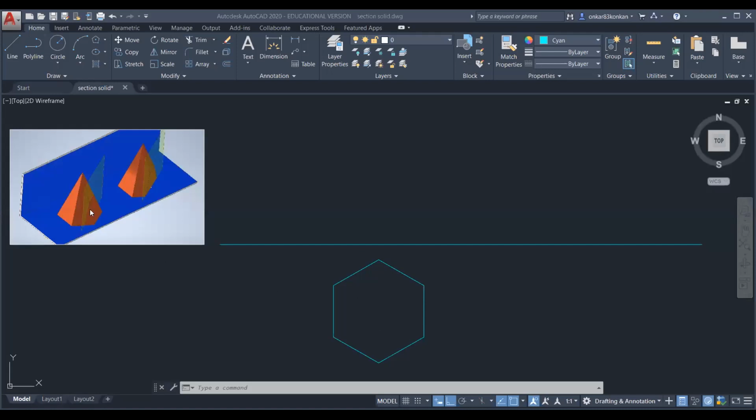So draw the top view. You can observe here the first image. Okay. Draw this hexagon such that one of the base sides is perpendicular to the XY line or vertical plane. As this is a pyramid, its slant edges are visible in the top view. So we should connect these corner points.